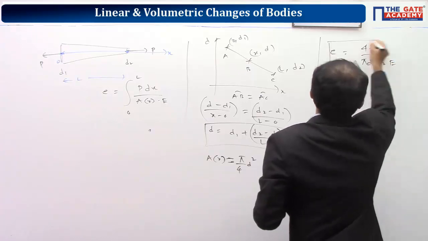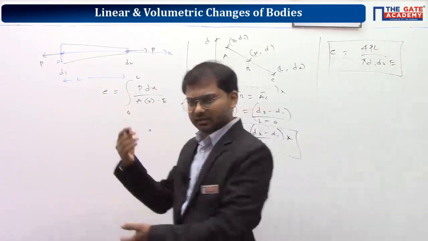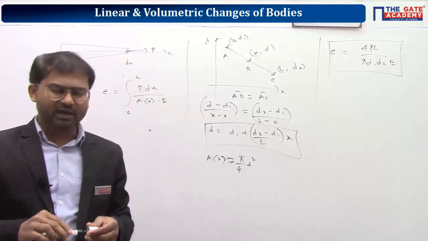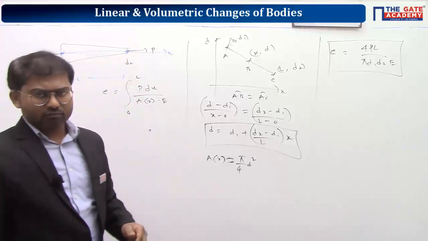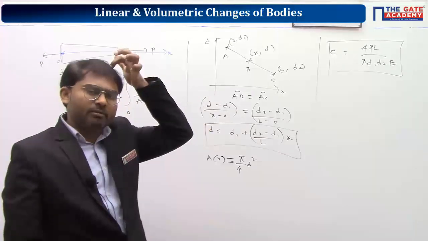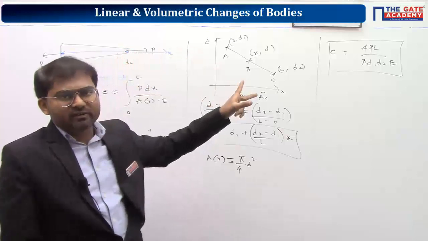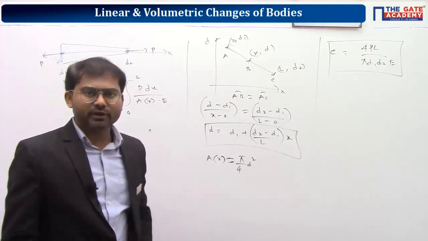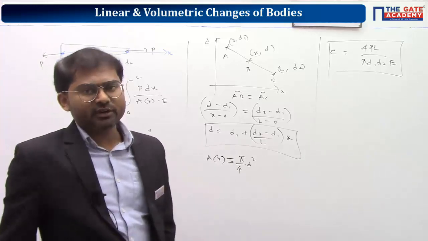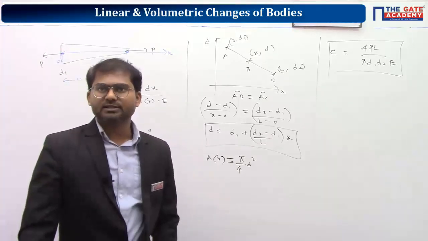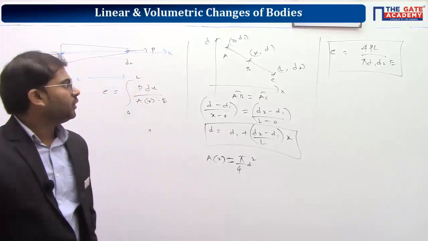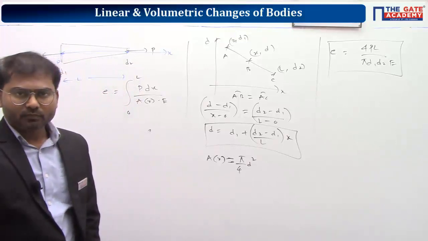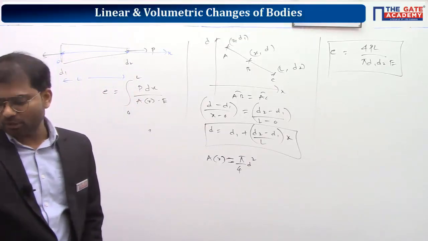Why I'm giving the answer directly is that the derivation of the integration is a little bit difficult. But the final answer is very easy to remember, because if the diameters d1 and d2 are the same, you'll get the answer as 4PL over pi d square into E. As d1 and d2 are different, we have d1 into d2 here. That's it. Clear? So this is how we use this formula to find the elongation of this tapered rod.